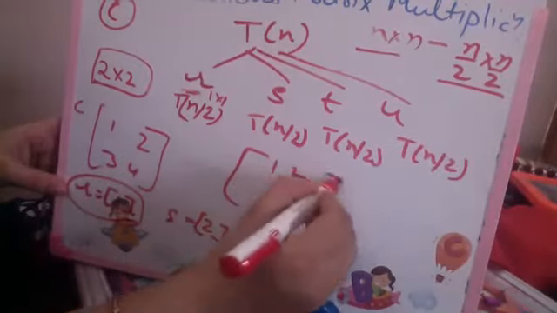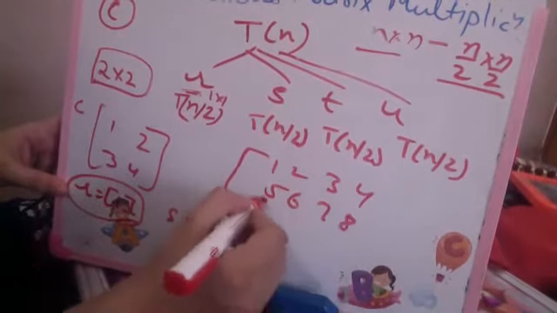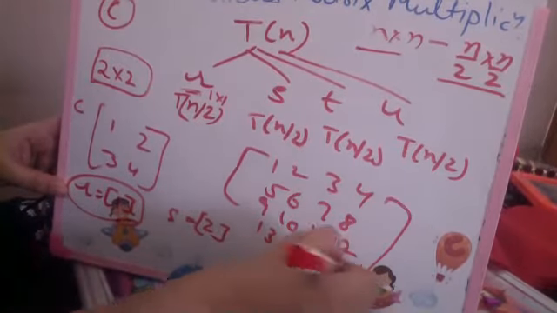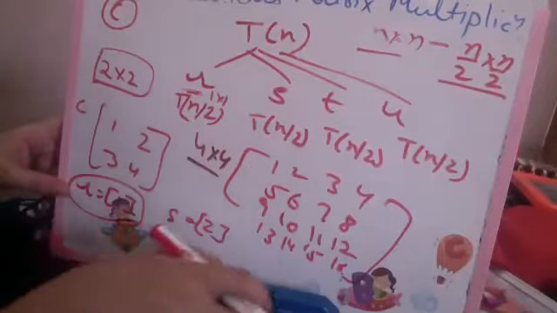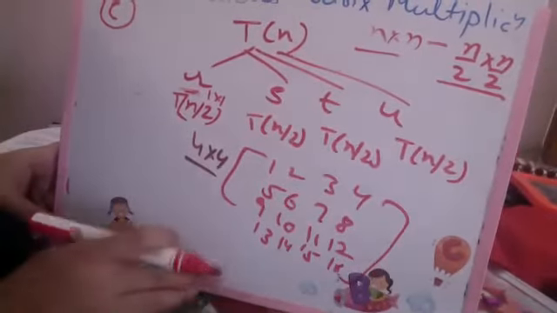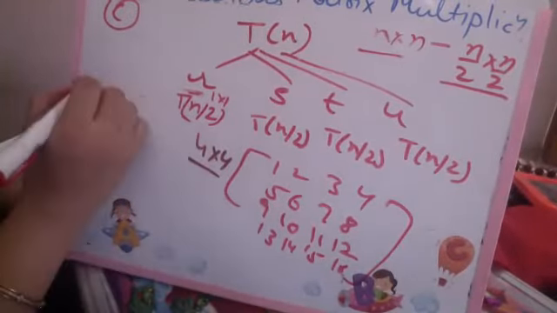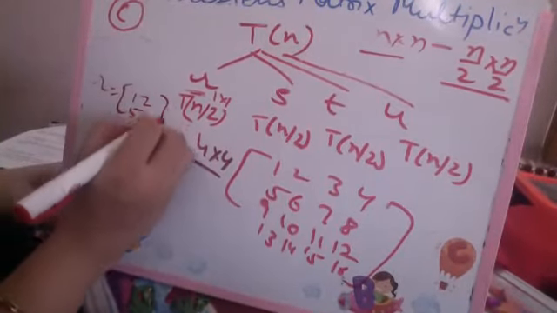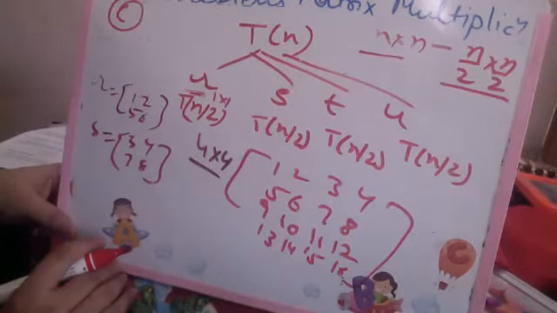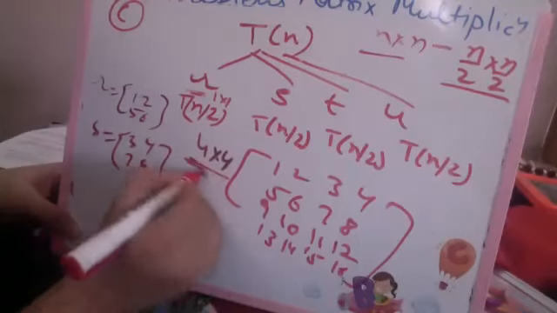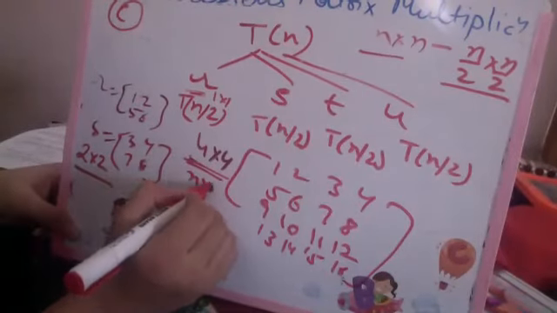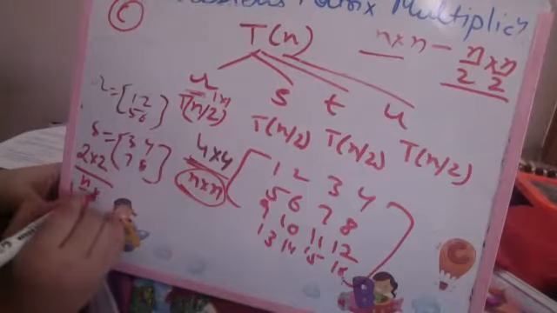अगर यहीं पे आप 1, 2, 3, 4, 5, 6, 7, 8. If you are taking a matrix, I'm just giving you an example. If you are taking a matrix of size 4 cross 4, so what will be the size of the submatrices here? 2 cross 2 की 4 matrices बनेंगी. n by 2 में divide करना है हमें. So R in that case will be 1, 2, 5 and 6. S will be 3, 4, 7, 8. Are you all understanding this? Yes. So 4 cross 4 matrix has been divided into 4 matrices of size 2 cross 2. So n cross n की matrix is getting divided into n by 2 cross n by 2 matrix.